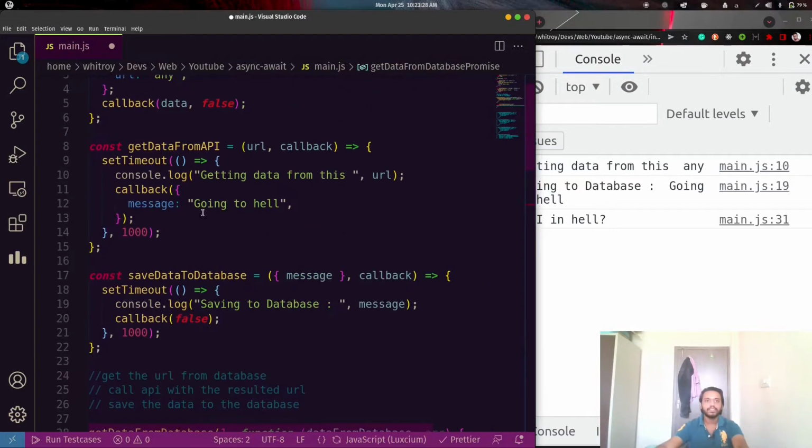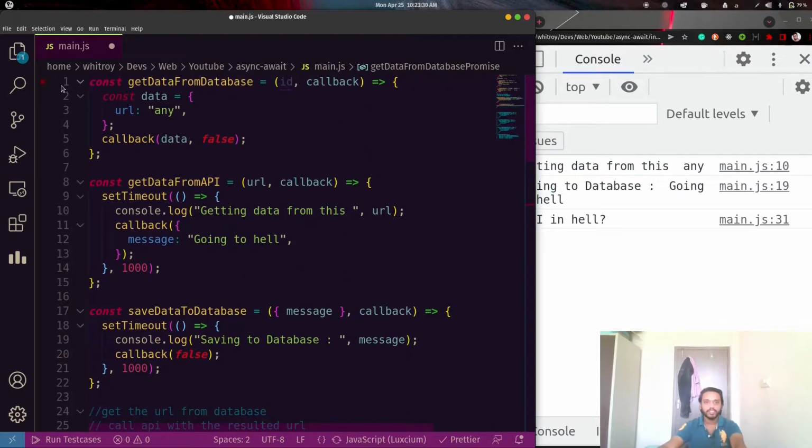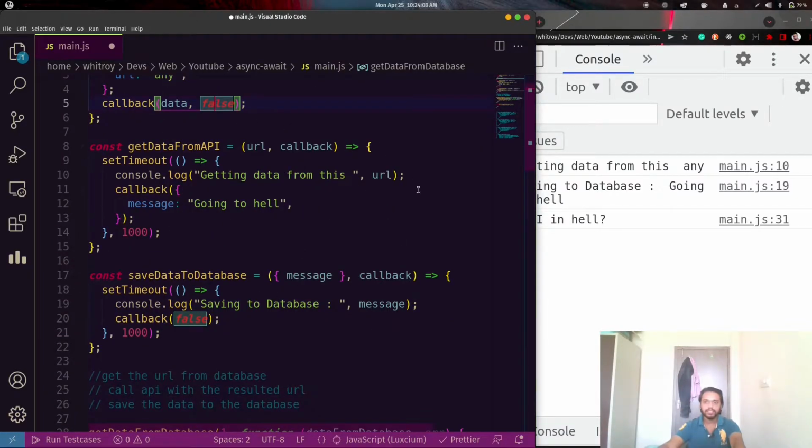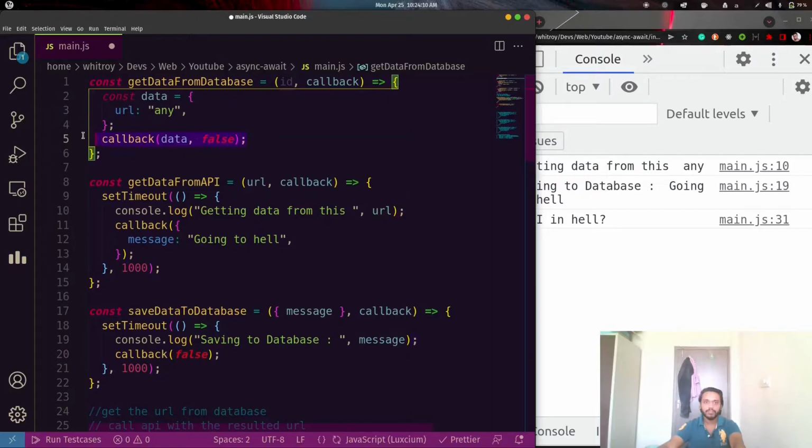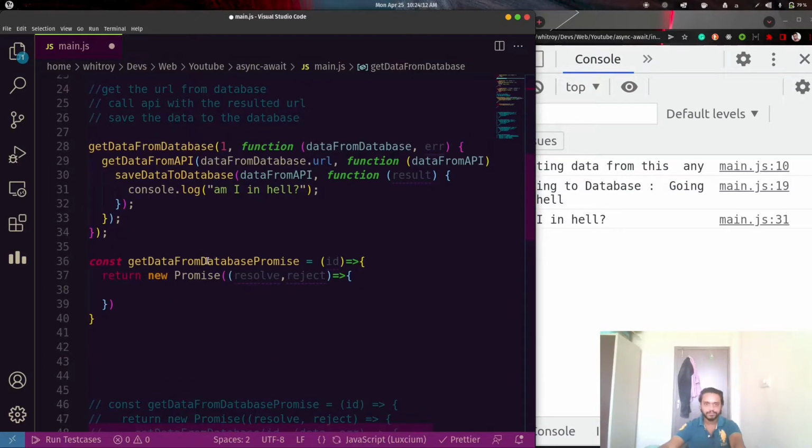First check what this function is doing: it is just calling the callback with the given data, and this false indicates whether an error occurs. Being a fake implementation, I have passed just a flag value: if it is false then there is no error, and if it is true then an error occurs. We can check some examples. I have implemented it like this.